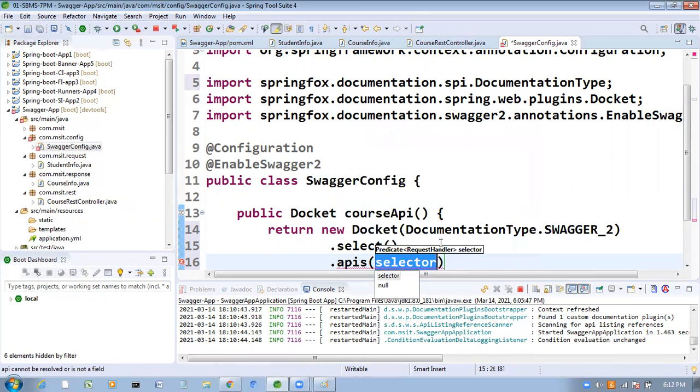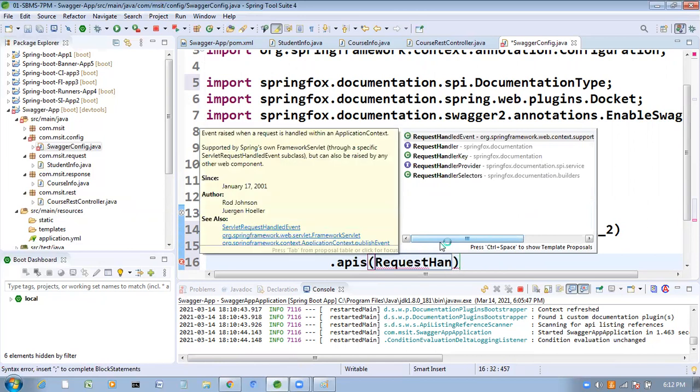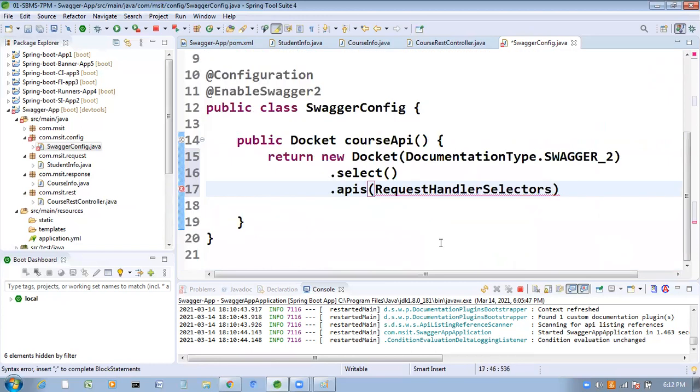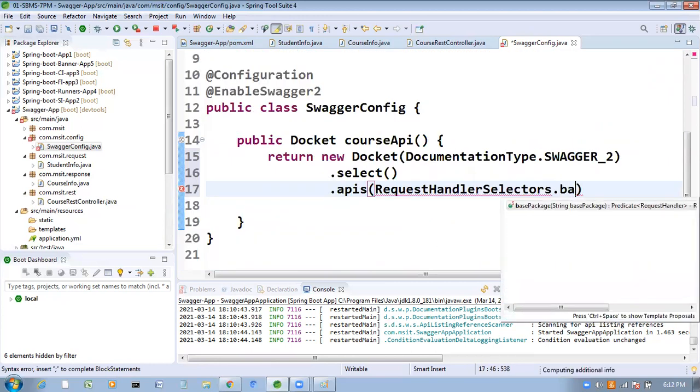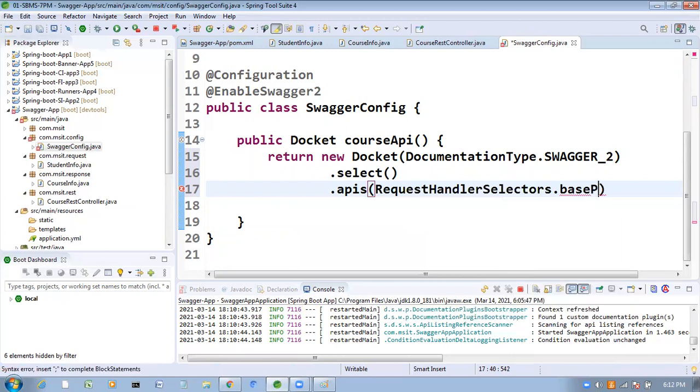Which are available in this base package. Here I am going to provide the base package: RequestHandlerSelectors.basePackage.